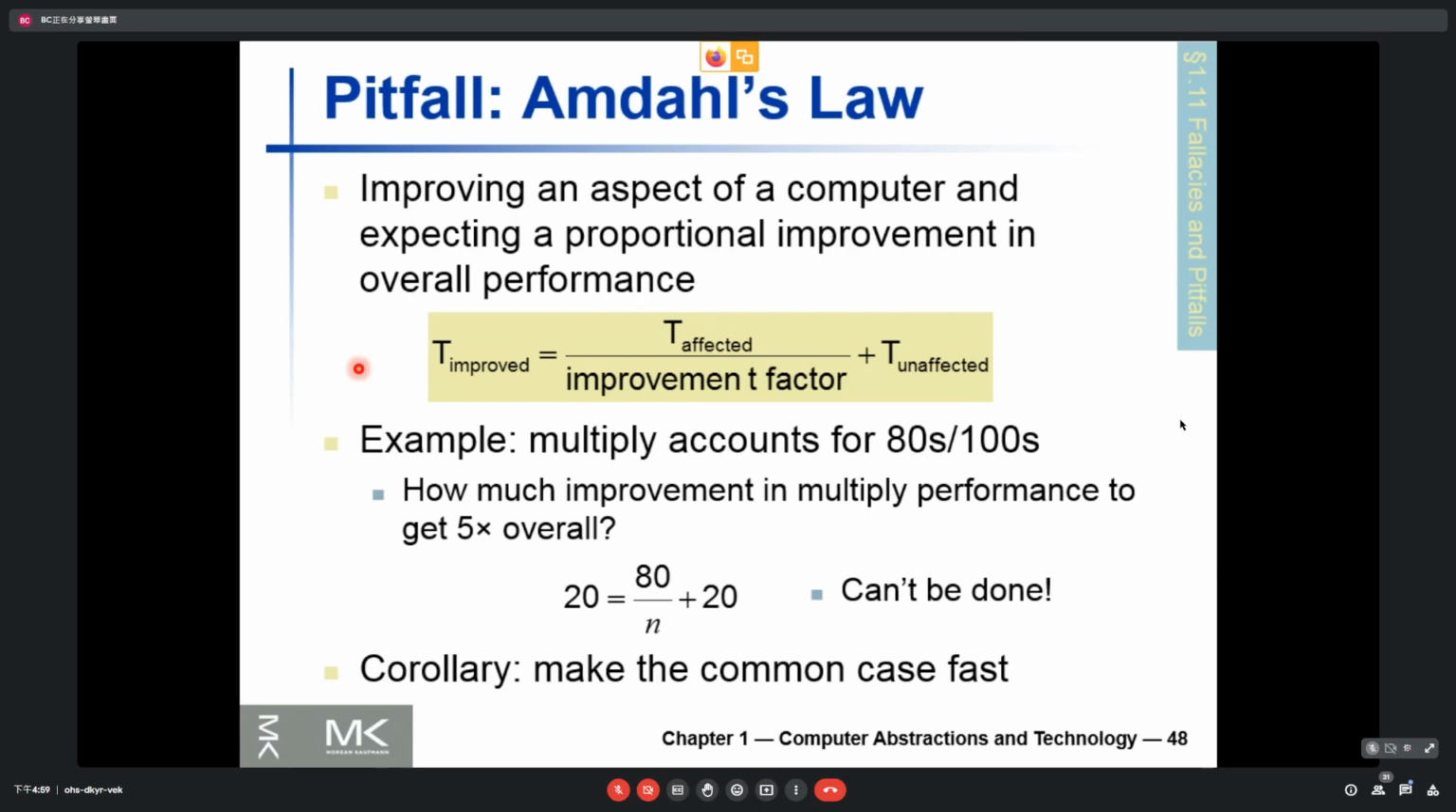All right, pitfall: Amdahl's law, 安朵定律哈。So this is a very important law, and you can pretty much use it in your daily life. This is about improving an aspect of a computer and expecting a proportional improvement in overall performance. 很饶舌，不知道他在讲什么。他这个公式的意思就是告诉你，你要优化你生命中的事情的话，你要优化那个你最常做的那件事。我等一下再翻译给你听。So this tells you the total time of improvement